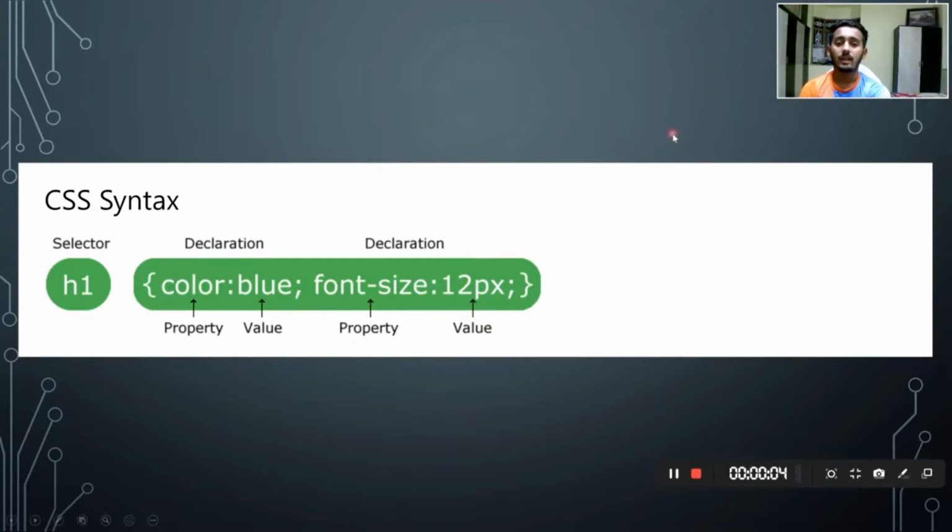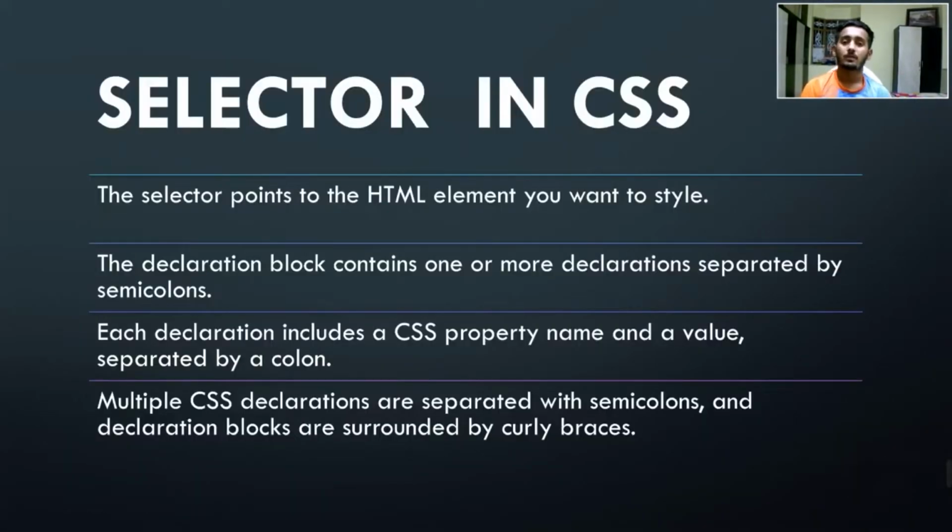Now we will see selectors in CSS. So what are selectors? The selector points to the HTML element you want to style. The declaration block contains one or more declarations separated by a semicolon. As we have discussed earlier in CSS syntax, each declaration includes a CSS property name and a value, separated by a colon. Multiple CSS declarations are separated with semicolons, and declaration blocks are surrounded by curly braces. So all these things we have discussed in the CSS syntax. Now we will go to the